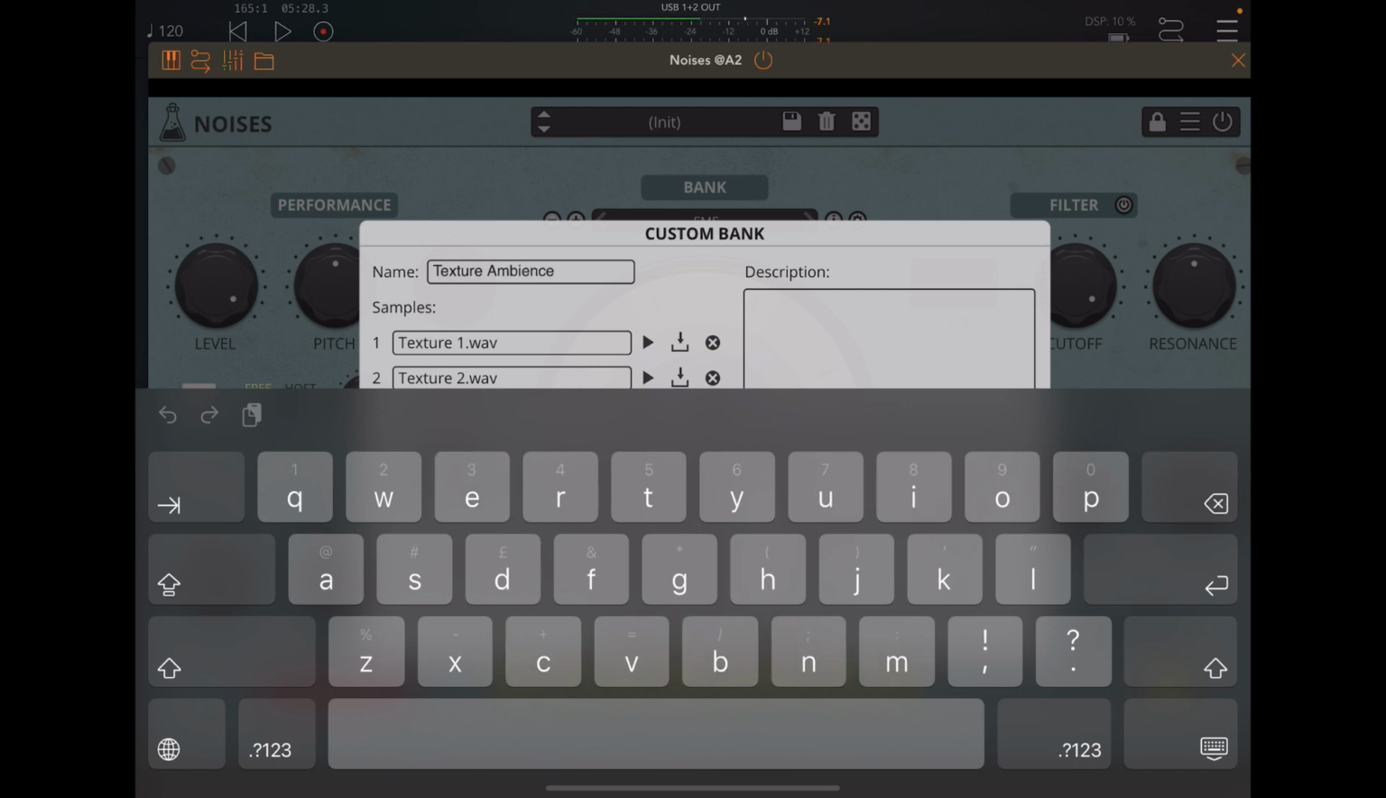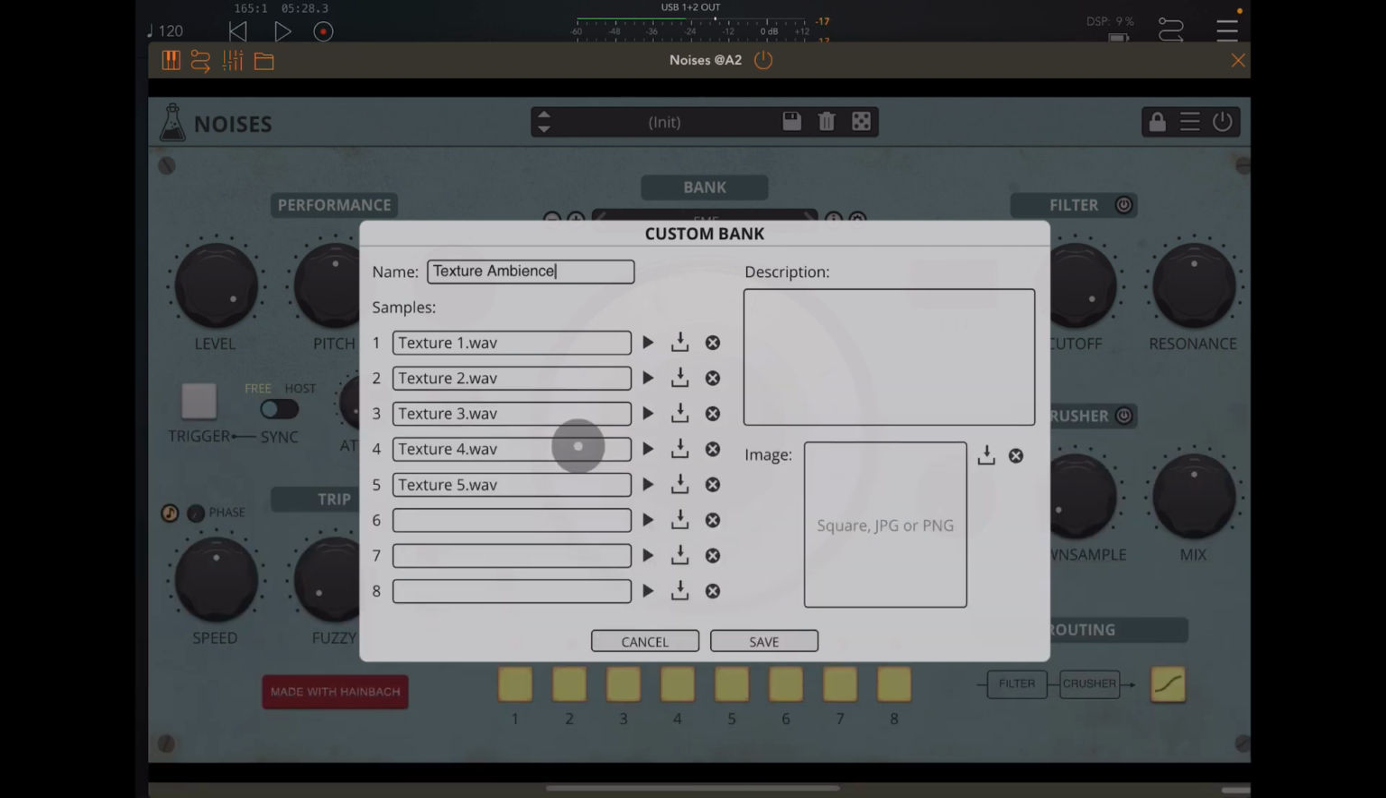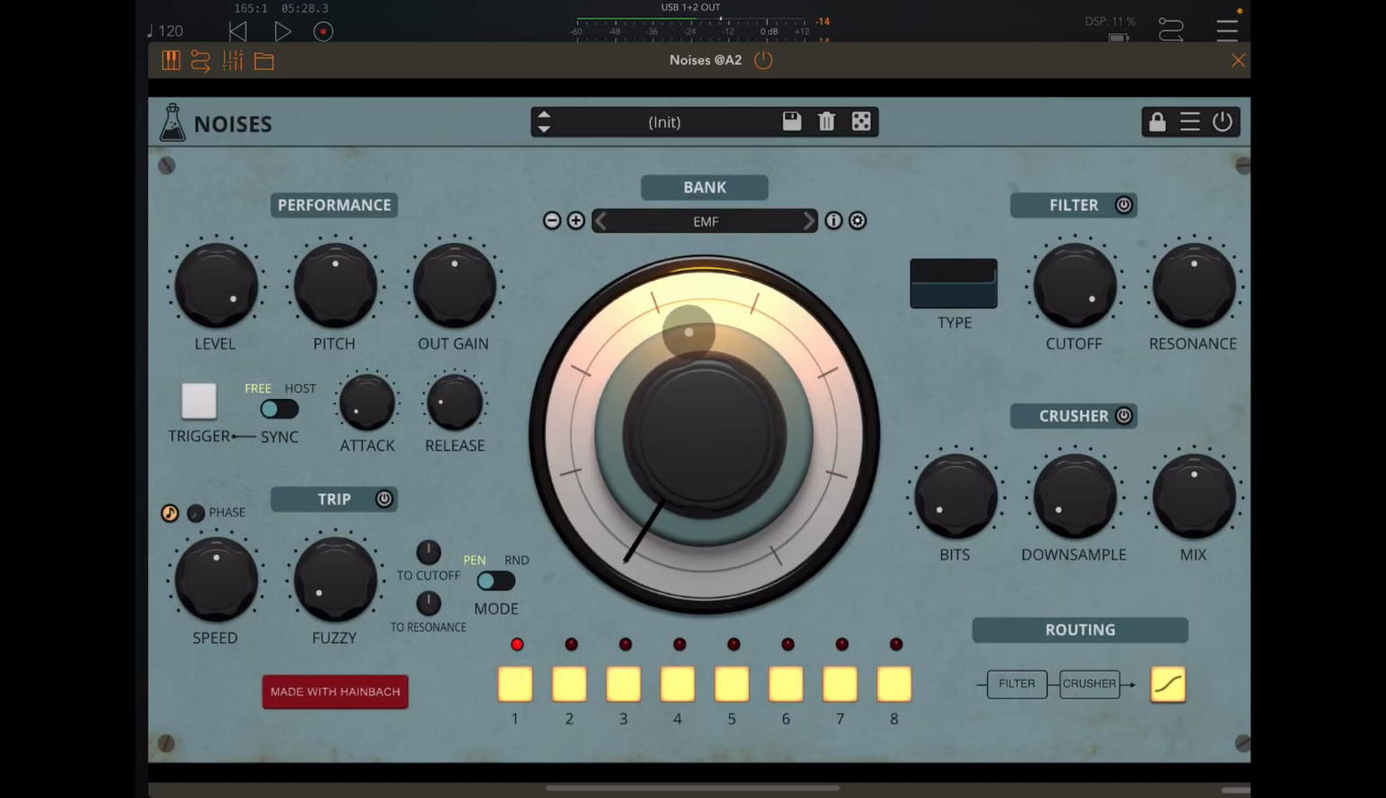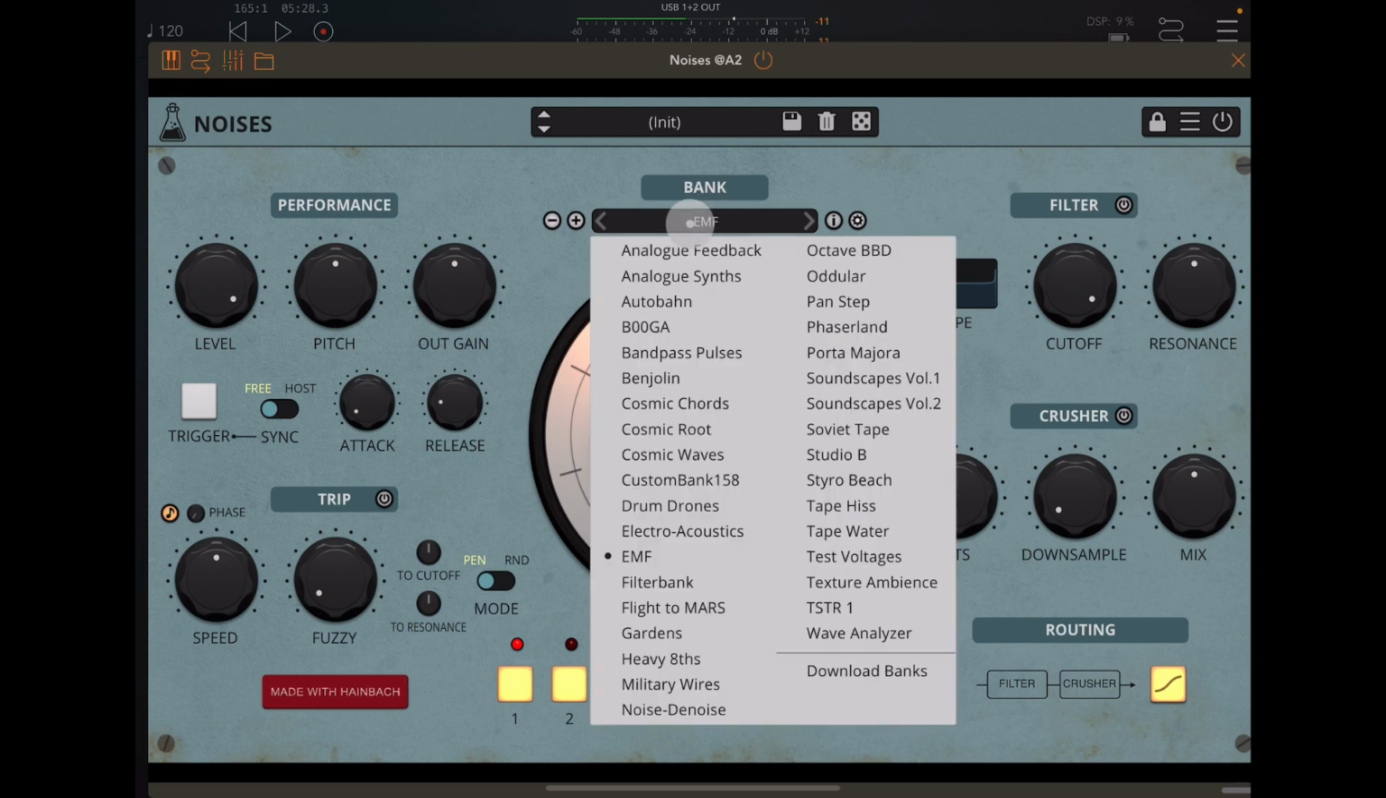Ambience. Now you can write little descriptions or import some photos and things if you want. But for my purposes, and probably for yours, it would not be necessary, although you can export your banks and presets as well. Okay. Save. We're going to save this, and now we could go in here and look for our